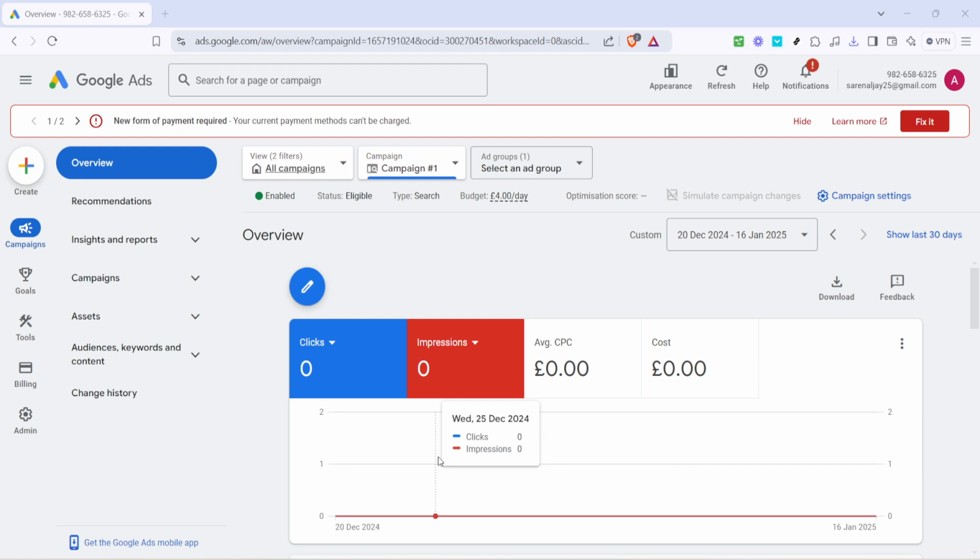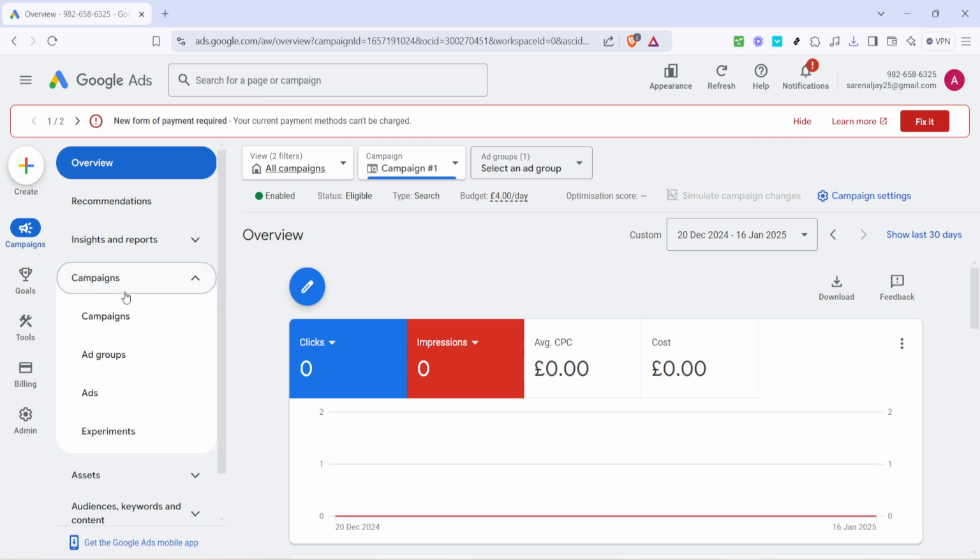First, let's start by going to the Google Ads overview page. You'll need to be logged into your Google Ads account to access this. From the overview page, you're going to want to click on the campaigns option. This is where you'll be able to see all your current ad campaigns and where we're going to create our